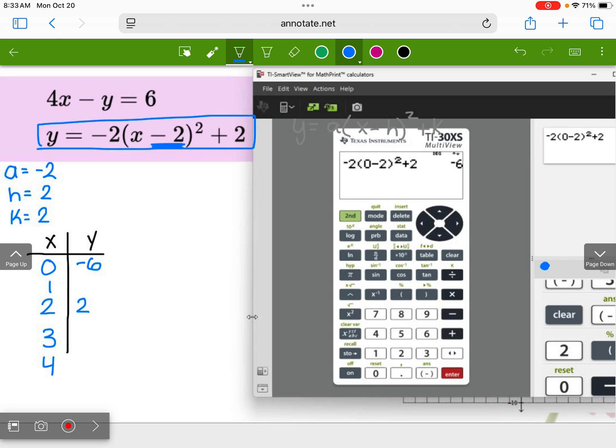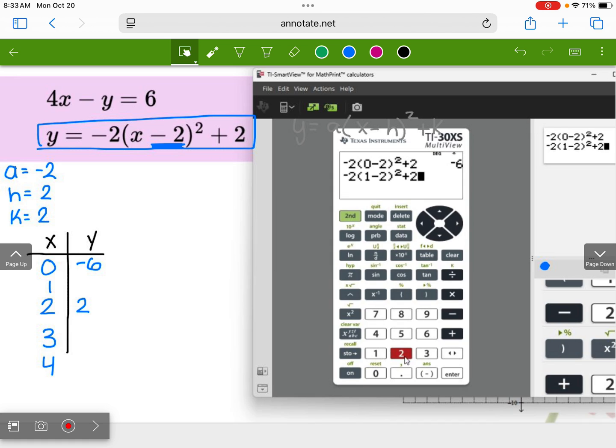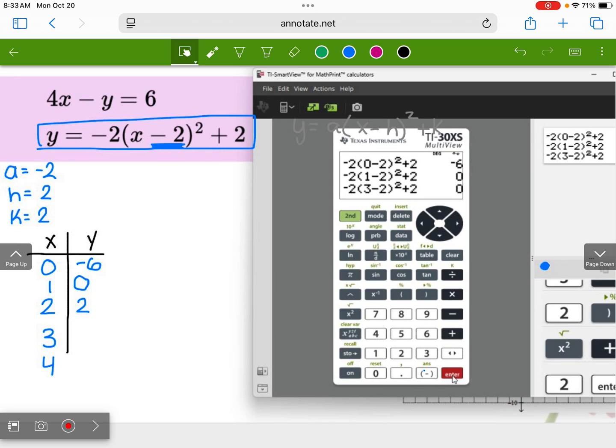I could do the same thing for that -2. Let me do it. So my -2, 1 minus 2, close the parentheses, n squared, plus 2. Just type the whole equation in and let the calculator do the work. And then we know if we set that up right when we do the very next one, and I switch that 1 out for a 3, for my -2, 3 minus 2 plus 2, we get exactly 0, which means